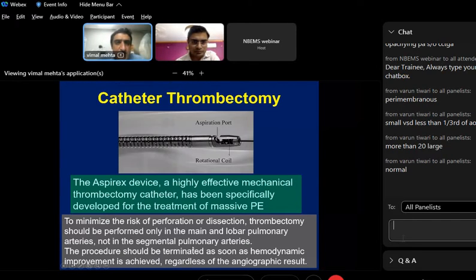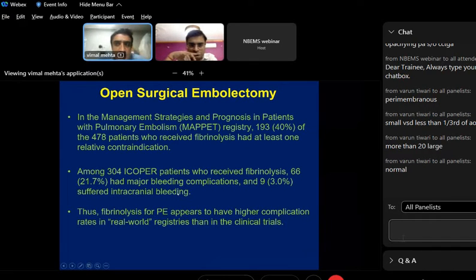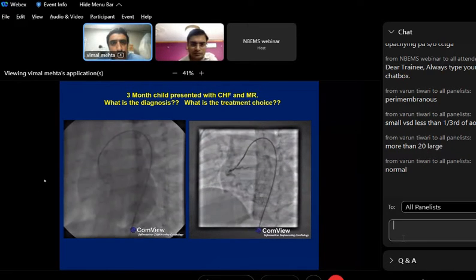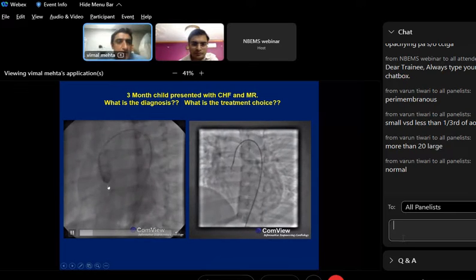There are various thrombectomy devices. They are not easily available, but in general, because thrombus volume, as you saw, is very large, most of the catheters, thrombectomy devices do rheolytic thrombectomy, meaning thereby they churn the thrombus, at the same time they suck it also. Open surgical embolectomy can be done, but has its own problem, and you require a real expert surgeon, like in the case. Now we come over to another